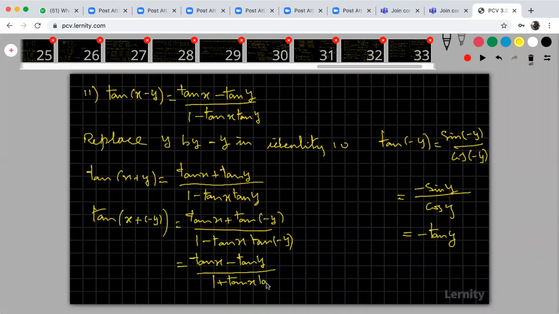Are you okay? If you have any doubt, please send your doubt and I will try to clarify it. Sometimes it may be asked in the exam: prove that, show that. Sometimes it may be asked because more than 20 identities are given, so the proof of these identities may be asked in the exam. So you have to concentrate on that. At least one question, either for 2 marks, 1 mark or 4 marks, we may expect.